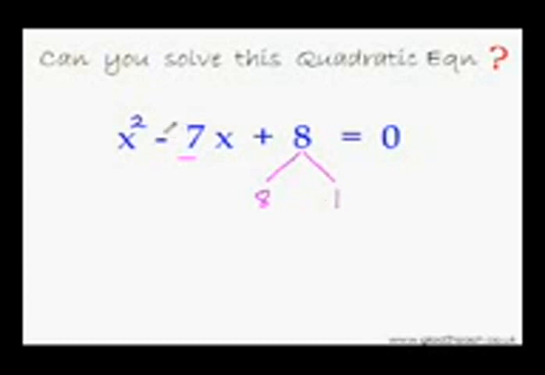Since the difference is negative, therefore the bigger number should be negative. And since the product is positive, therefore the other number has to be made negative as well. As minus 8 times minus 1 is plus 8. So everything looks perfect, doesn't it? Not at all. As now the difference is no more minus 7. See, minus 8 minus 1 is minus 9, not minus 7. So that means these can't be the factors. See, I told you this equation was a tricky one.